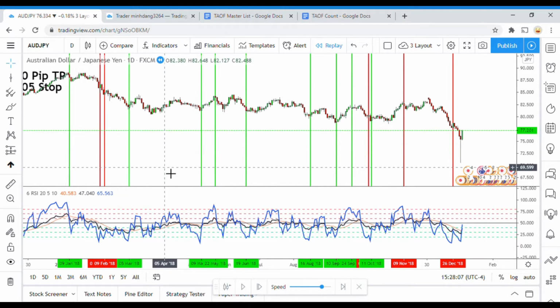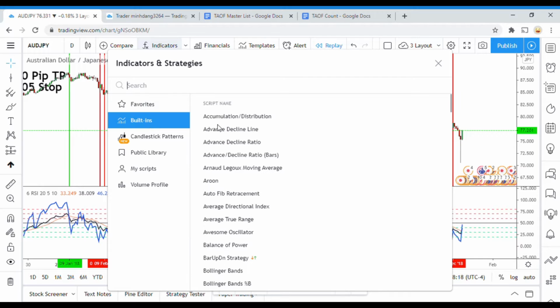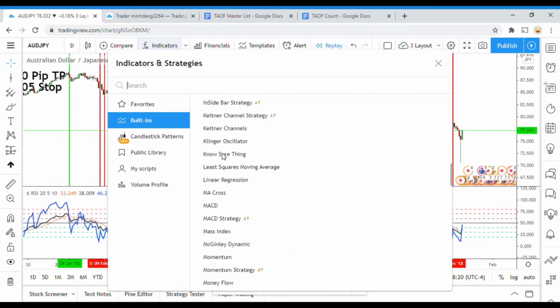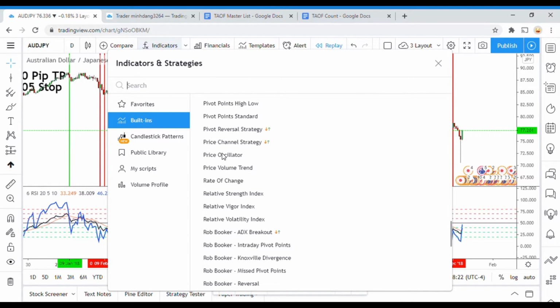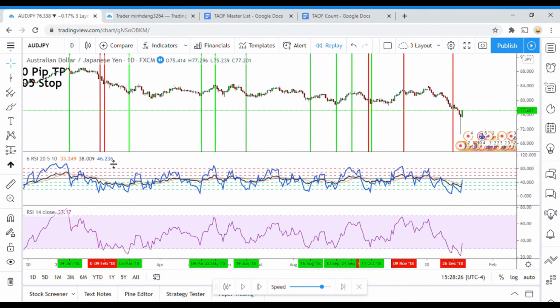The original RSI, I went back and looked, was able to achieve a 70% win rate. Like I said, I am not sure. Let me see here. Let me find it here. 14. Okay, so